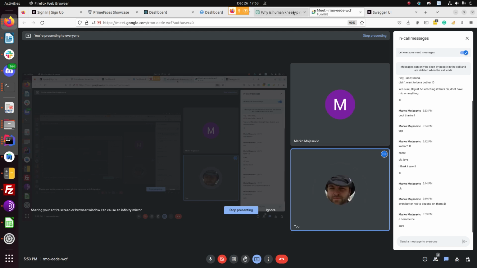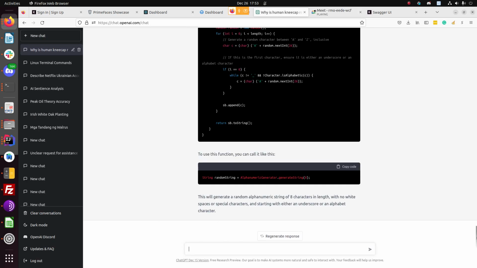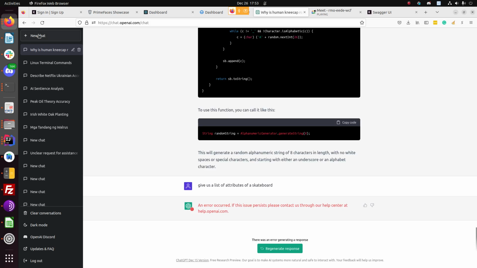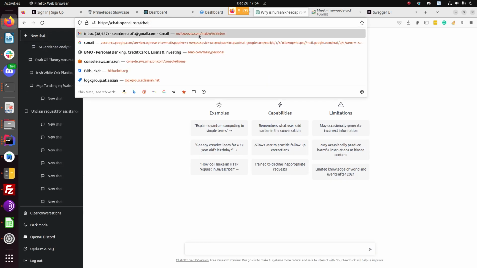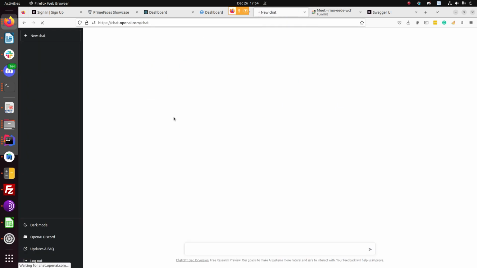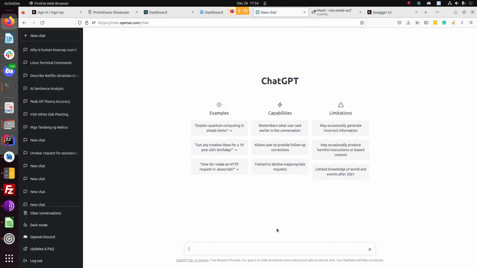Sure. Okay. So what we're going to do is use OpenAI, not to be mixed up with OpenAPI, to give us a list of attributes of a skateboard. Oops, it looks like it wants us to create a new chat. We might even have to log in again. It might be overcrowded because there's a lot of people using it, but on our corporate account,